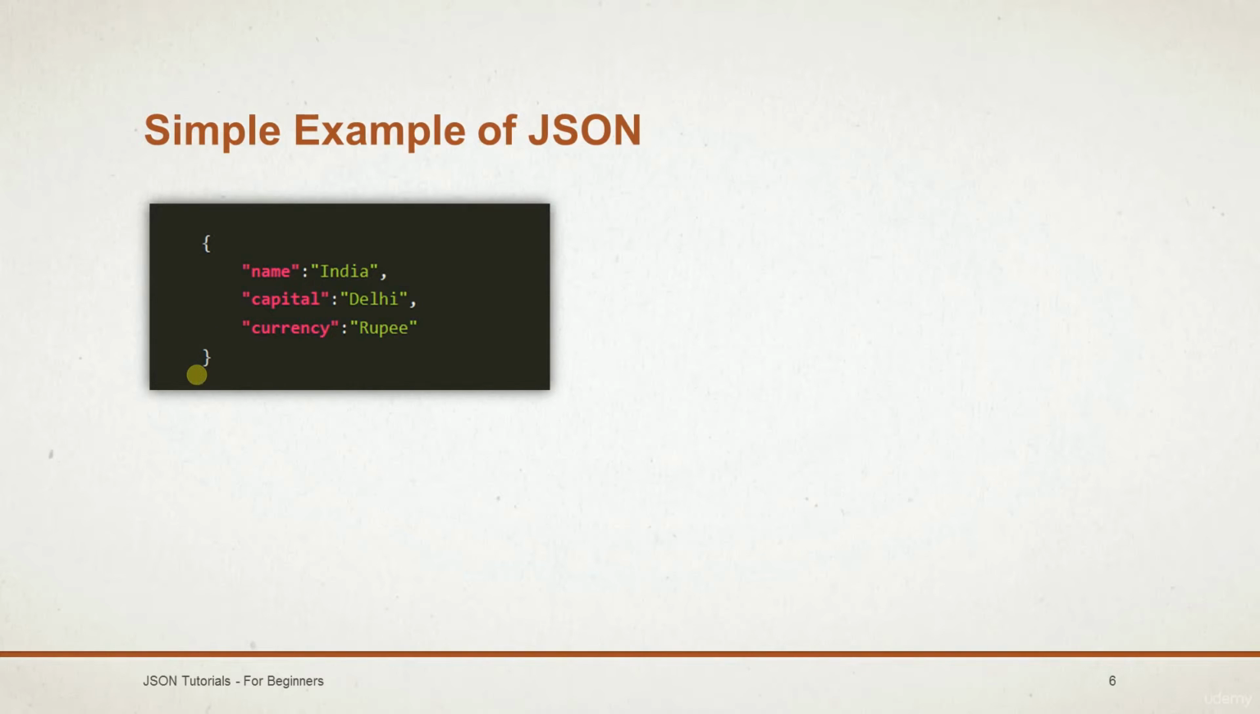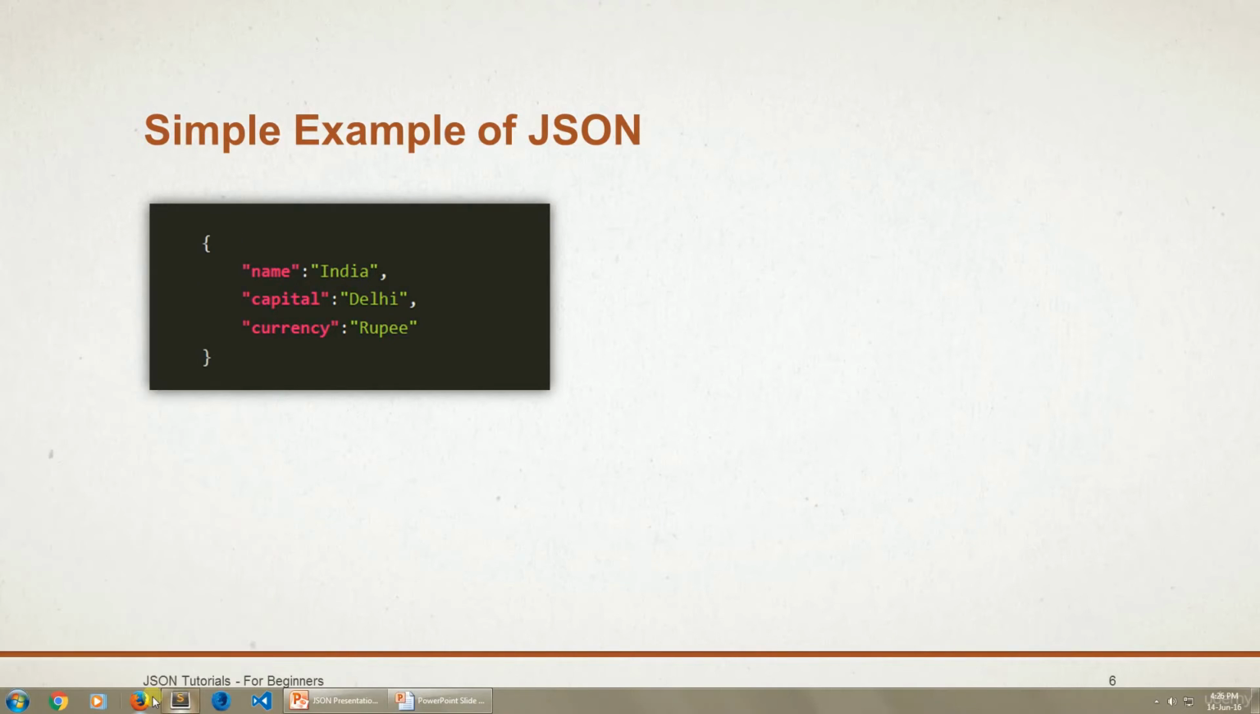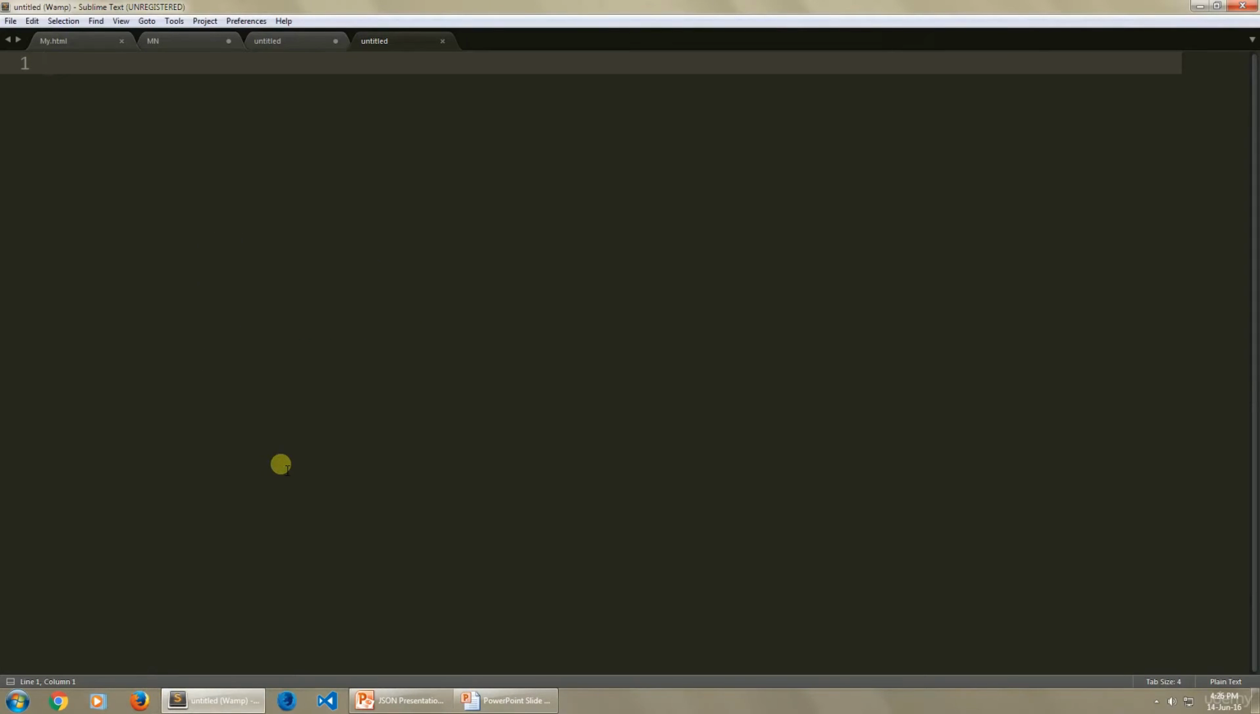JSON data can be created in any text editor such as Notepad, Notepad++, Sublime Text and any other IDE. I am using Sublime Text throughout this series. Let's create our first JSON data, which represents item detail and has three properties: item ID, item title and item description. Opening Sublime Text and starting by creating an object